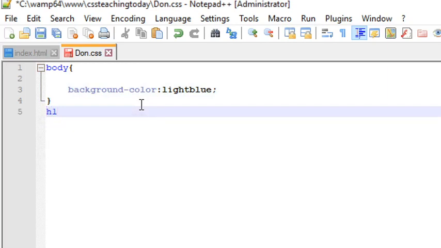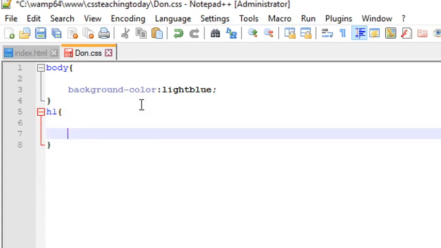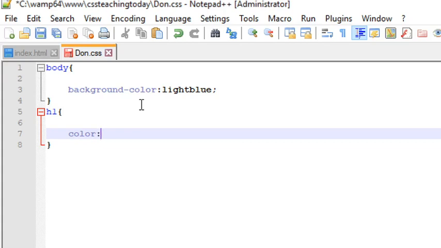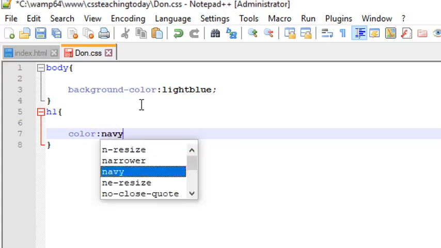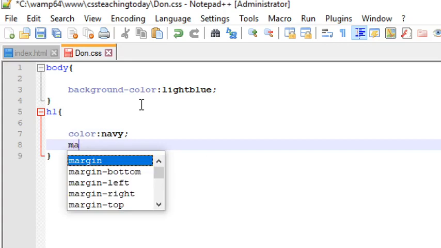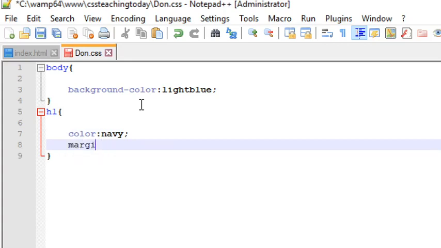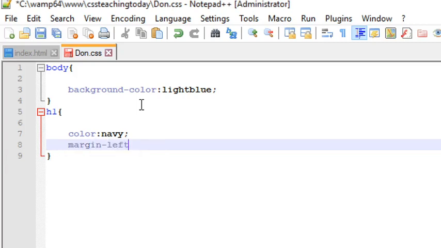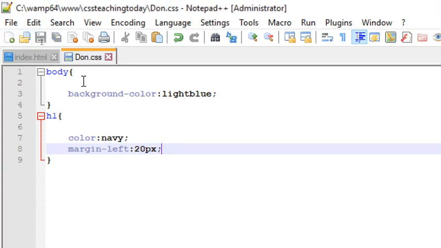Remember, you have put heading 1. Therefore, you open and close the curly bracket. Then you put your properties here, like color. We have said you put a colon. We want the color to be navy. And then margin. You choose margin-left. Margin-left should be 20 pixels, px that way. This is now don.css, and this formatting we have done will be applied